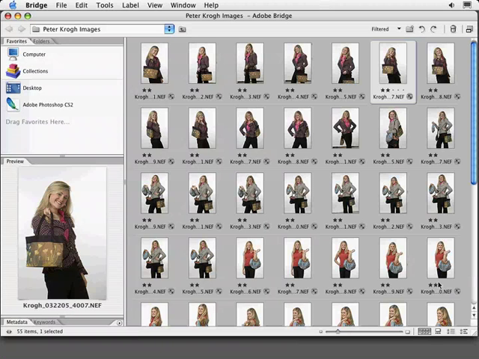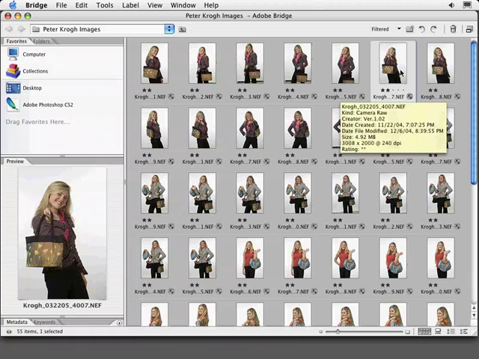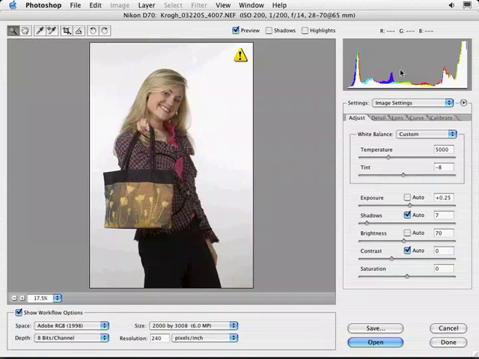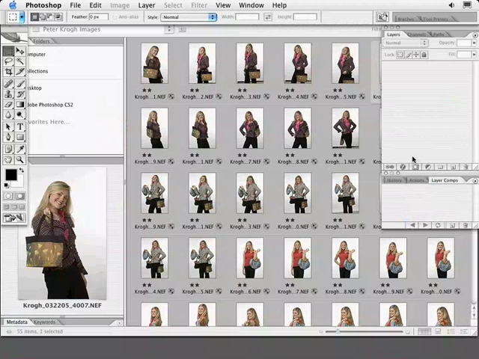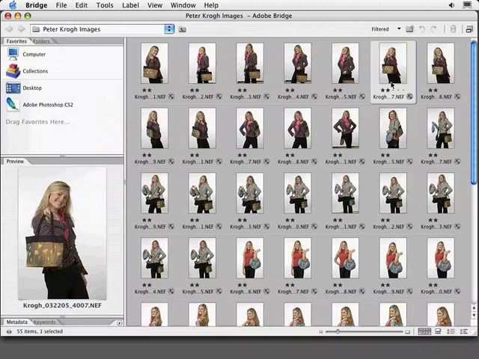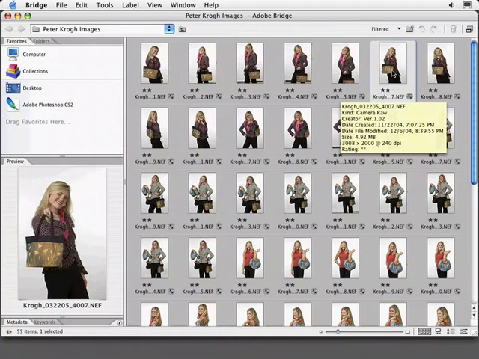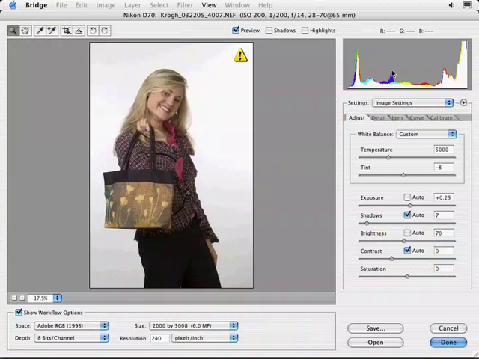The first is to double-click here on an image from within Adobe Bridge. By doing this, it will bring up the Adobe Camera Raw utility, but it brings it up from within Photoshop. Let's cancel from this. This time, let's go back to the Bridge application, and I'm going to hold down the Command key on the Macintosh or the Control key on the PC and the letter R from the keyboard, and this time it brings up the same Adobe Camera Raw application, but this time it is running from within Adobe Bridge. So you have the ability to open up Adobe Camera Raw from within Adobe Bridge or from within Adobe